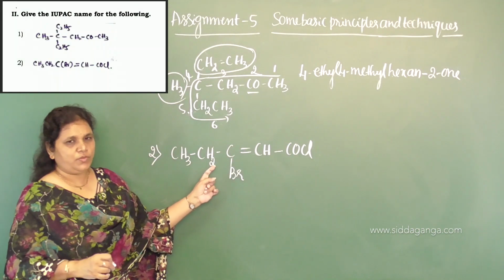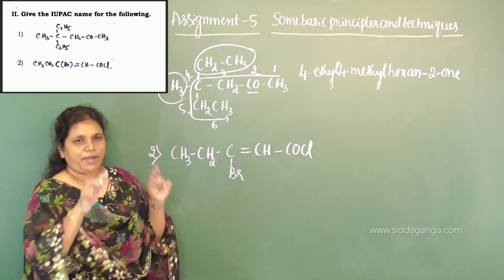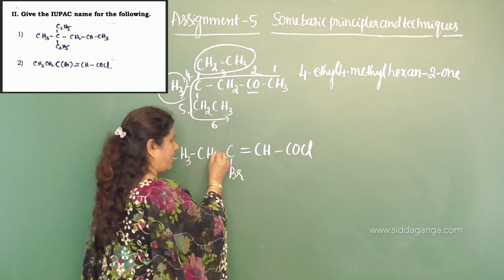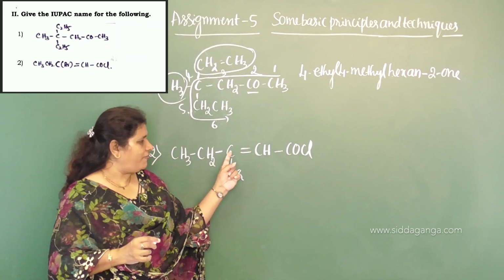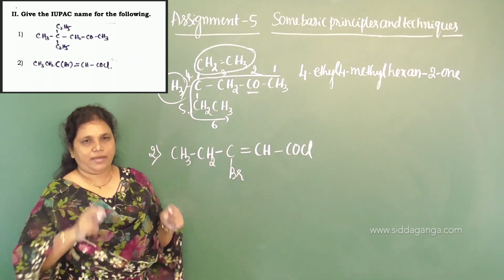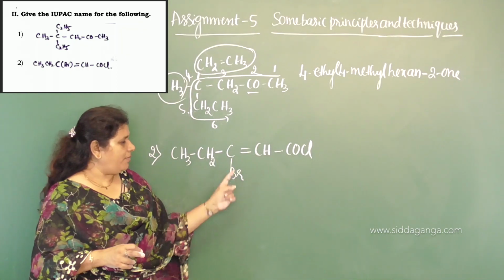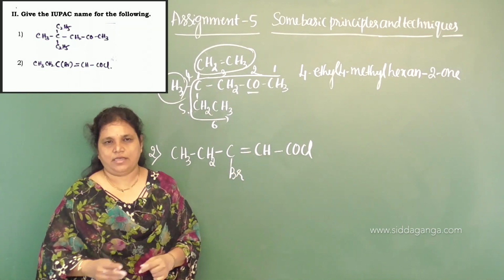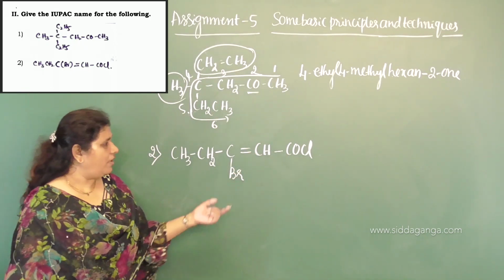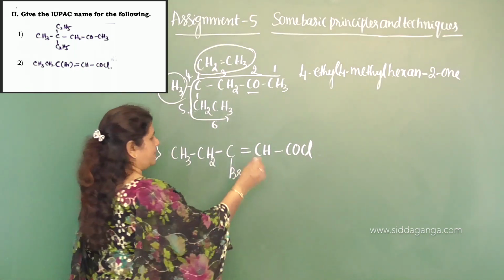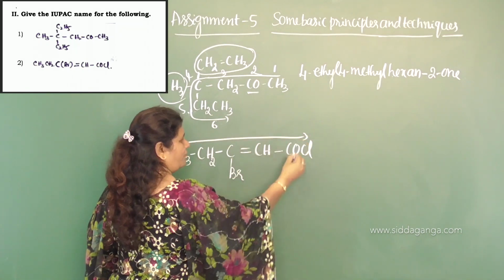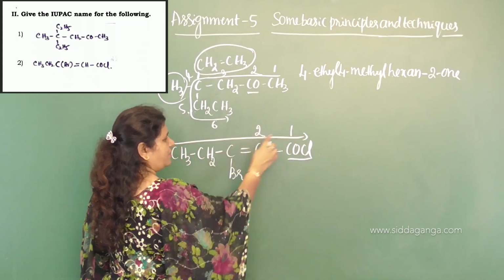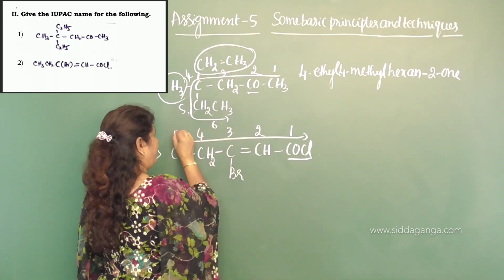CH3, CH2, C in a bracket, Br is there, means that the bromine belongs to the carbon which comes before the bracket. So, carbon, take a bracket, bromine if it is there, then it belongs to the same carbon, double bond CH, COCl. So, the condensed formula is given. Now, split and write, and you select this chain. So, the functional group is here, acid chloride, oyl chloride is the secondary suffix, 1, 2, 3, 4, 5.